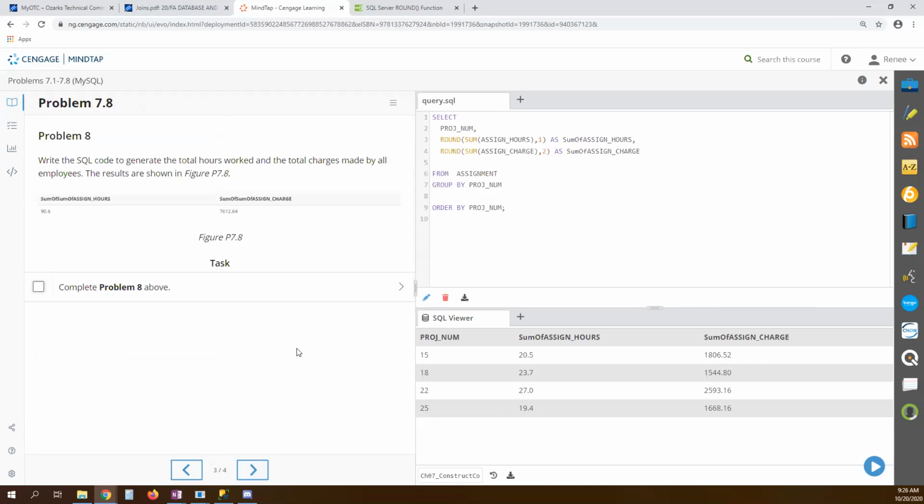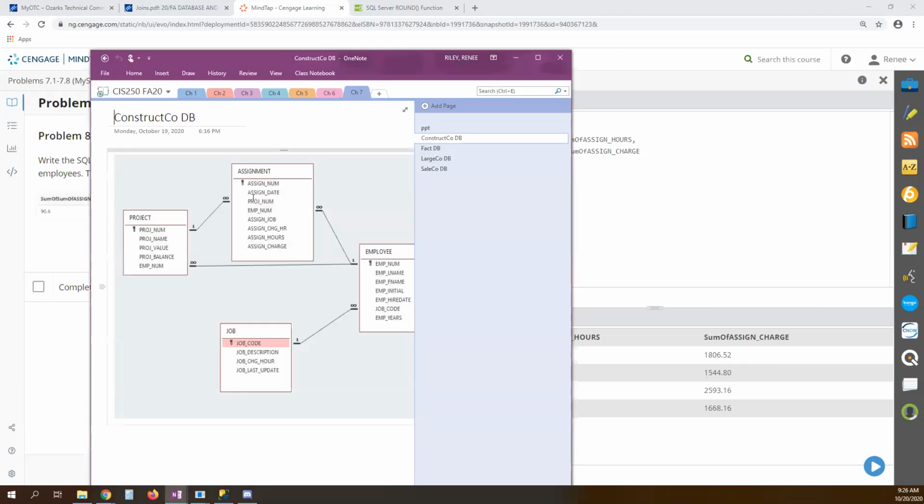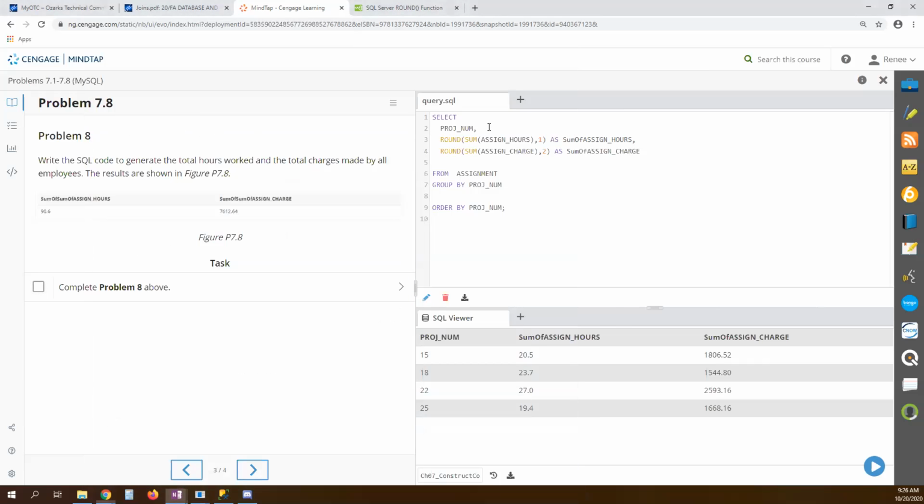All right, write the SQL code to generate the total hours worked and the total charges made by all employees. Oh, wow, this one is actually pretty easy, isn't it? So I want to look at our ER diagram first. Whenever we look at our assignment table, we have our employee number and we have the hours and charges. So we should be able to get this information just from the assignment table. So what I can do is I'll just get rid of the project number from my select statement and only select these sums